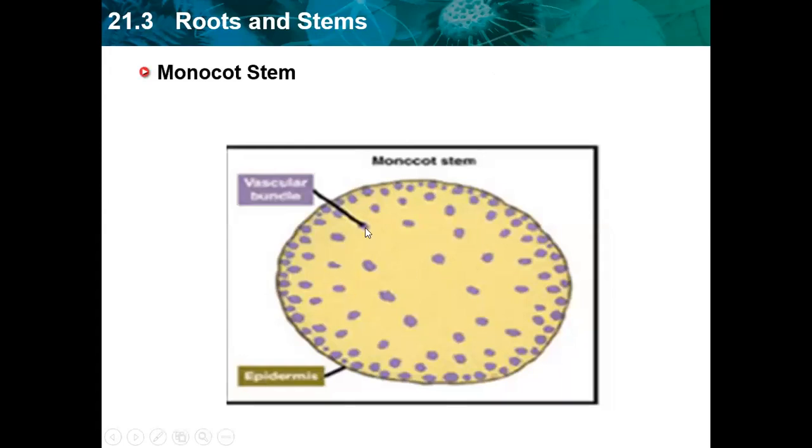We can find here that the cortex is absent. Hypodermis is large, pith is absent. Vascular bundles are scattered. So these are the characteristics of monocot. We can identify on the basis of vascular bundles, on the basis of the location of these different types of tissue, which kind of stem it is.